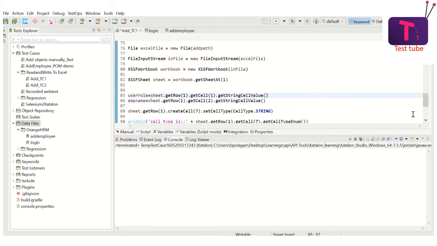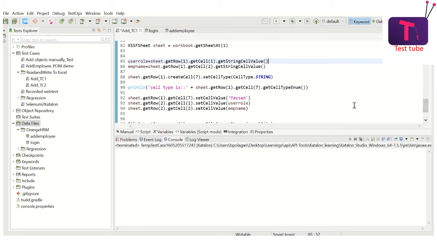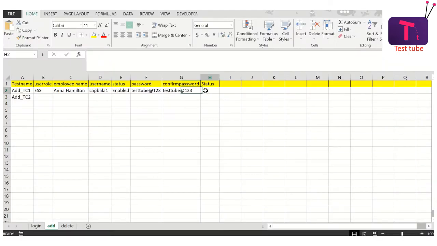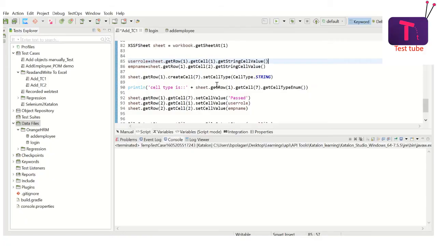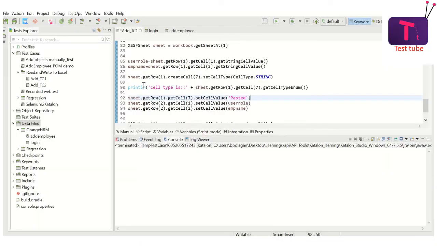So what I'm doing now is I'm going to write the data into the Excel sheet. What I'm planning to write is the test status here after the test is run. So before this statement, we ran the test and we wanted to print the result now. The value is passed. So I wanted to print this result into this particular cell. So for that, what I have to do is write this one, get row again, get that particular cell and set the cell value. Alright, I have set the cell type as string earlier, so I set the value.